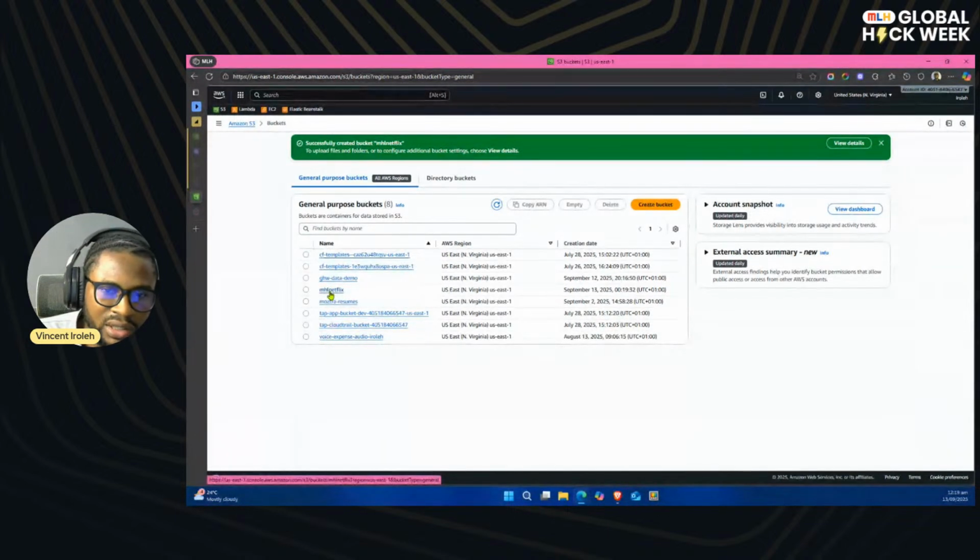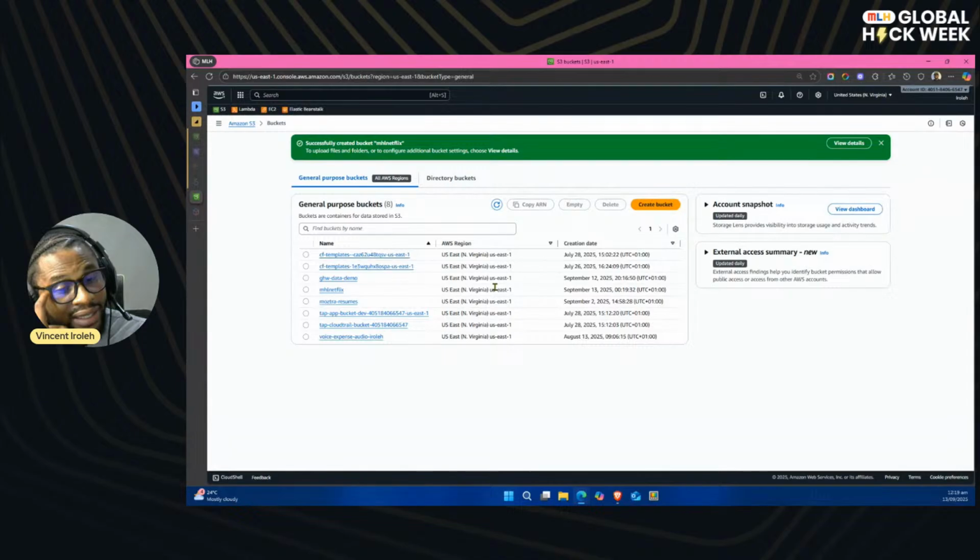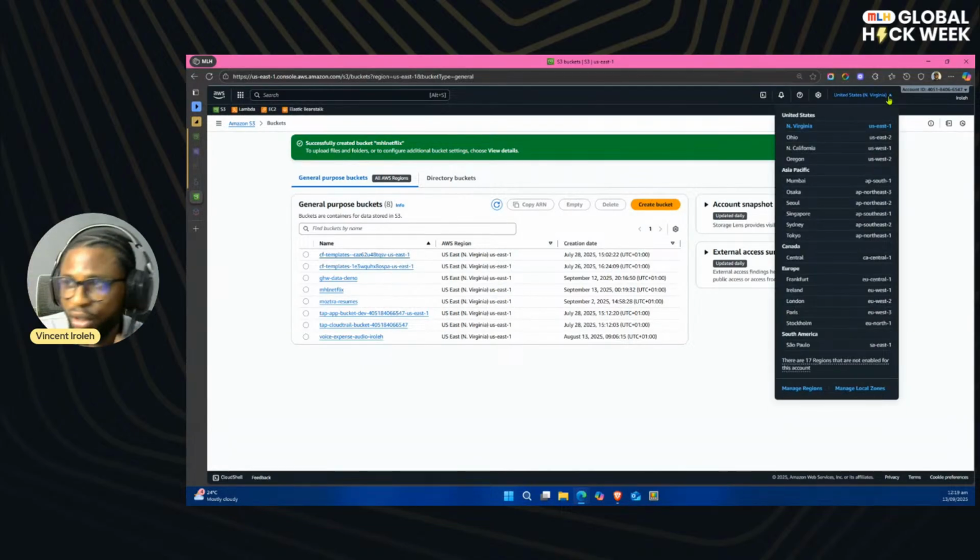So right here, you can see my bucket name, and you can see it's living on the US East 1 region. S3 buckets are regional. So the region you create it in is the region it lives in. Basically, if you're creating it in US East 1, it will live in US East 1. So if you want to create your S3 bucket in a different region, and when we talk about regions,